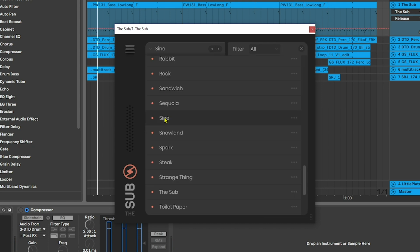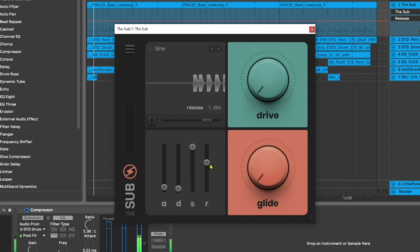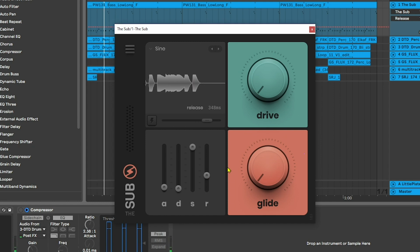And the other one is just the straight sine. The reason why this is one of my favorites, even though it's one of the simplest, is it's so large, it sounds so beefy. But the reason why I like this is that I always have a separate dedicated sub bass line or bass channel when I'm designing a bass. So I know that my sub frequencies are always centered, they're always clean, and they're always thumping,